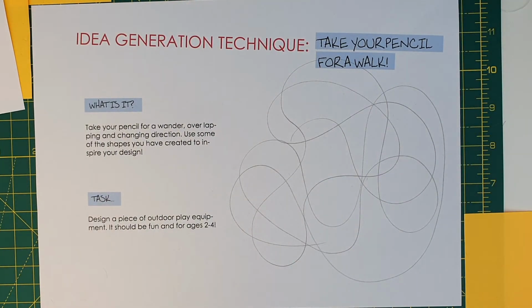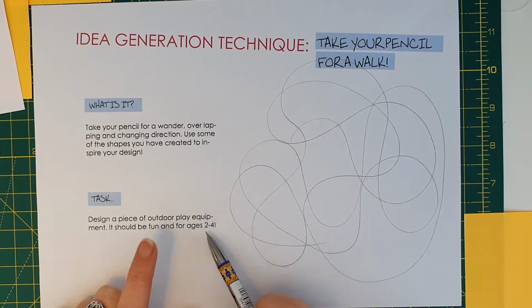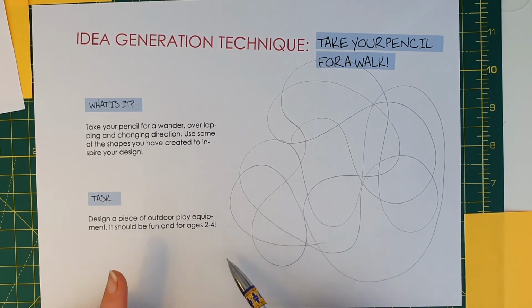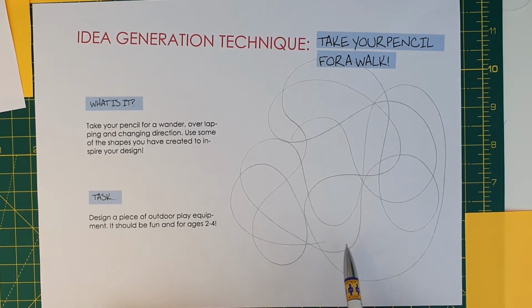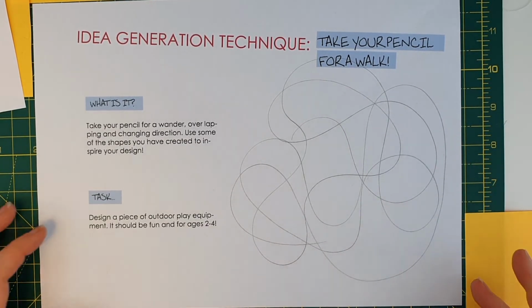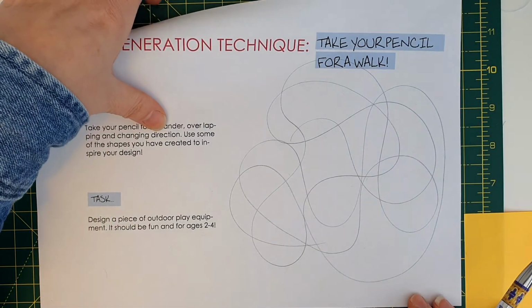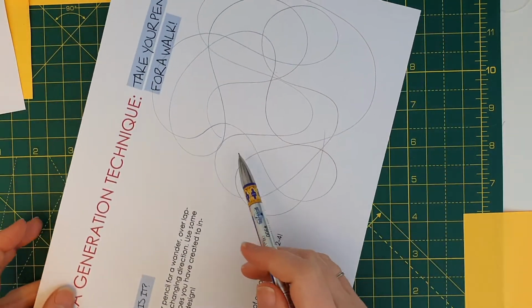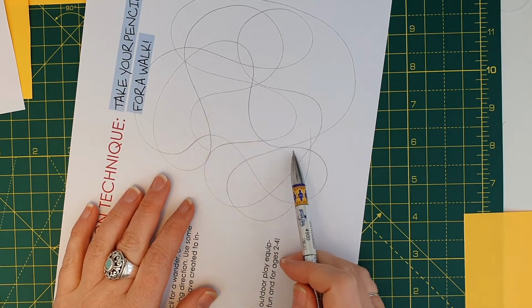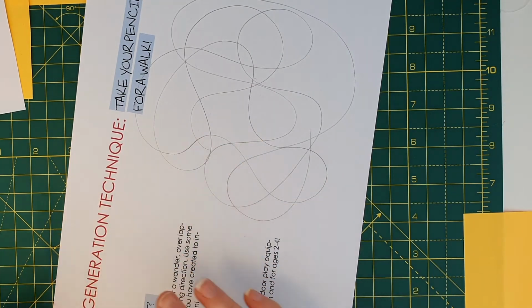That's it. That's all I'm going to do. So I need a piece of outdoor play equipment. Now this time I'm actually going to look for something in here that might help me take a different approach. Instead of just selecting a random shape, I'm going to have a wee look. Now I'm seeing this here looking a little bit like a slide. I'm going to take that shape. I'm going to get my